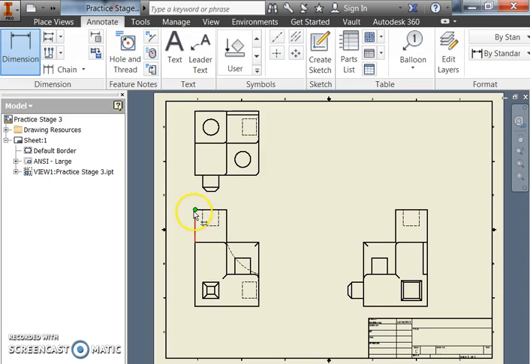Let's move that out of the way. Left click, and then left click down here. And I'm going to drag that out over here. Remember, don't put it over here. We want to have our dimensions on the inside of all of our views. And then when I left click,